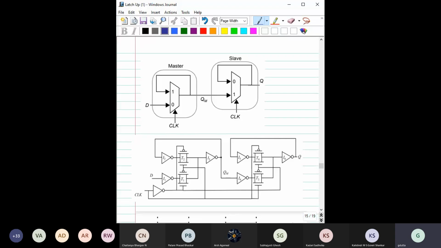Okay. So basically what we are discussing is this one only, right? We have one master, the next one is the slave. Whatever is the input during this clock equal to 0, that would be transferred to here. When this clock becomes 1, it is going to remember that state, right? Okay. Now, we have also seen the circuit. Fine. Now the question is,